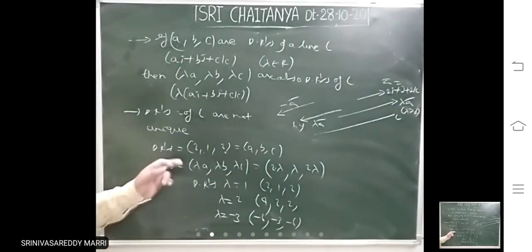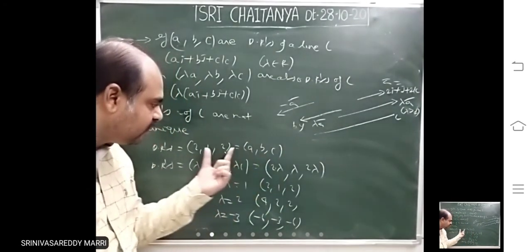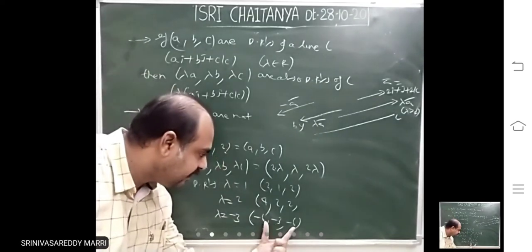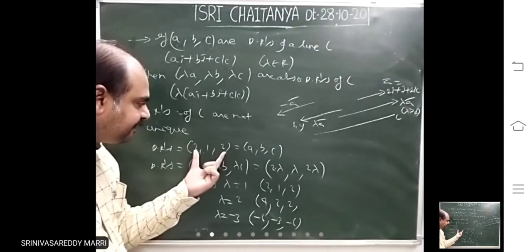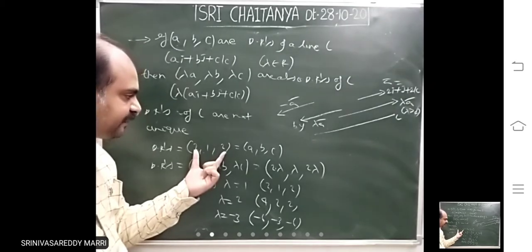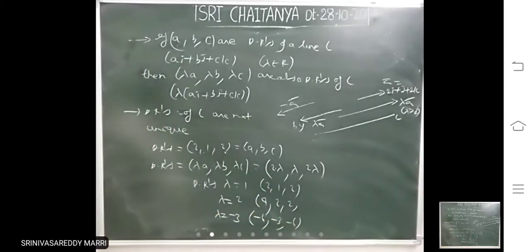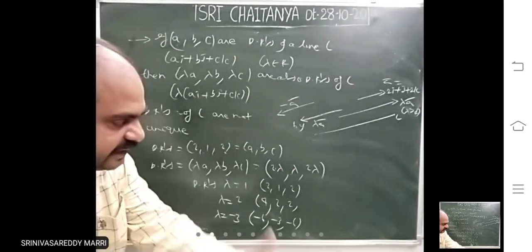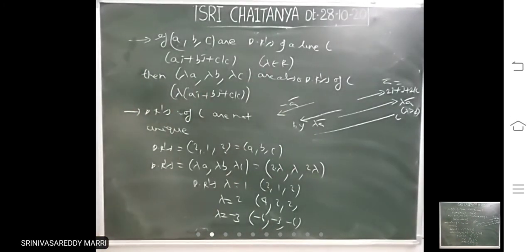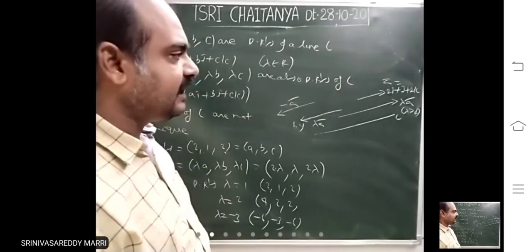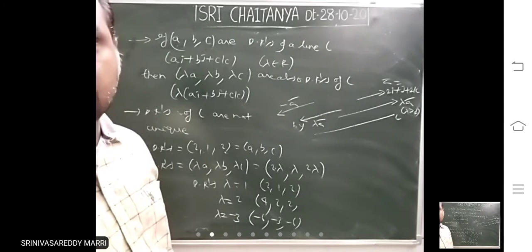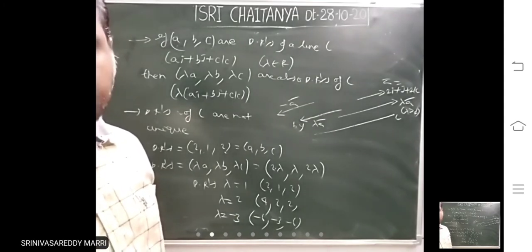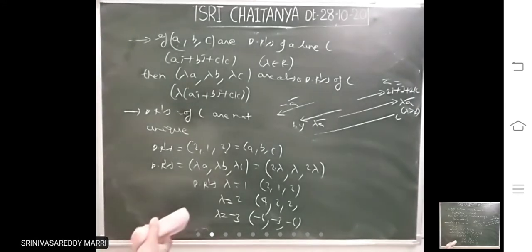That's why after calculating a vector, write A, B, C. You got 2, 1, 2. If an answer is given, you check whether a multiple of this is given or not. If it is a multiple of this, whether positive multiple or negative multiple, then that is also DRs of that line. So DRs are infinite. That depends on the value of lambda. They are not unique. Right? That is about DRs. DRs means simple: a vector on that line or parallel to that line must be calculated. By using vector algebra knowledge, you have to find that vector to find DRs.